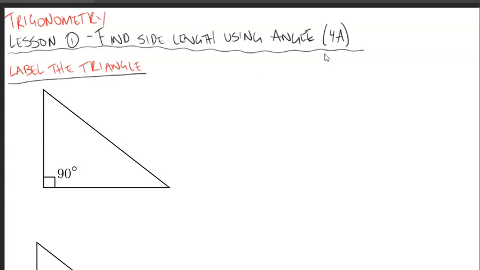It is highly suggested that you watch the introduction video of what trigonometry is, or the basics of trigonometry, before you continue watching this, which is lesson 1, finding the side length using an angle. That's exercise 4a. And there's a lot for me to dissect before we can actually do this skill of finding a side length